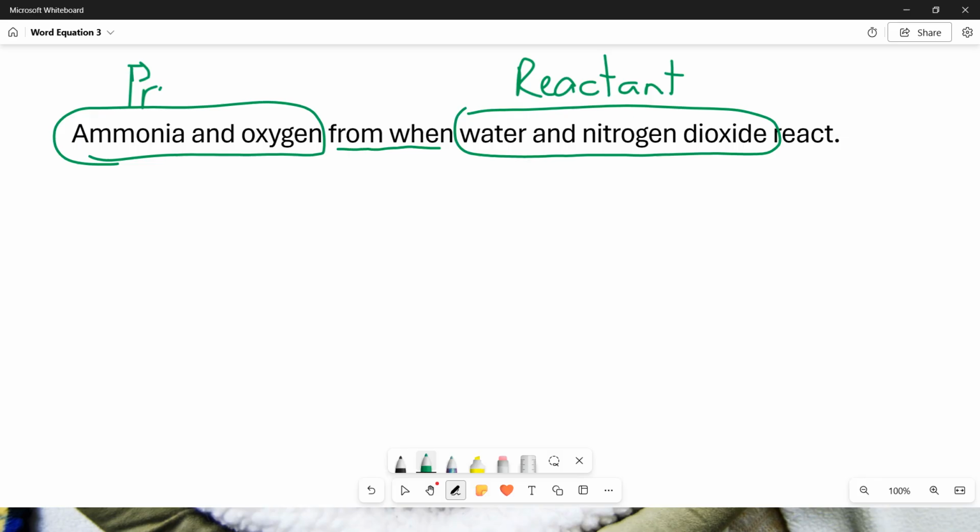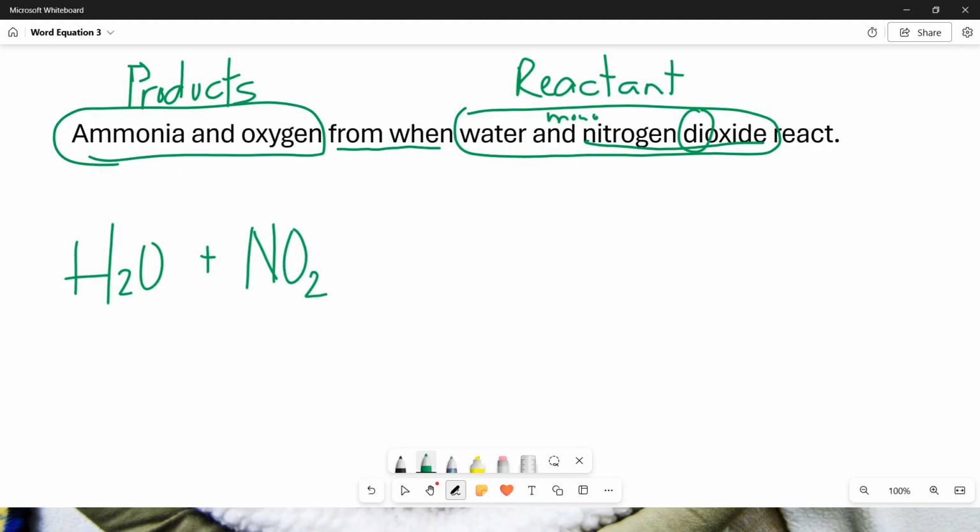So when I go to create symbols to represent everything in the sentence, I am going to put water and nitrogen dioxide first. So water plus nitrogen dioxide. Now this is a covalent compound. It is not named the same way as an ionic compound. You can see I use di here, and in fact, I would be correct if I called this mononitrogen dioxide, but the mono can be dropped on the first element. So nitrogen is just 1, and oxygen has 2, and then form our yield arrow,